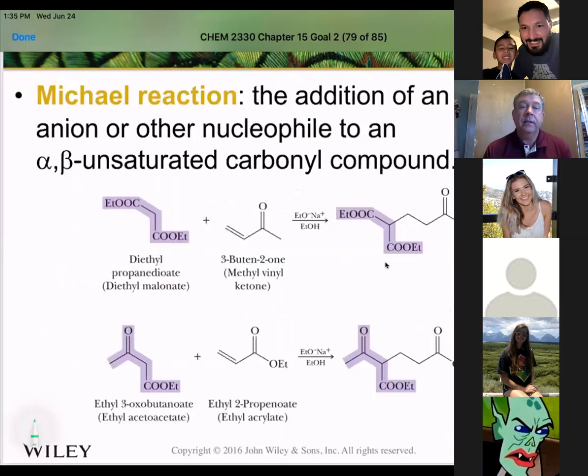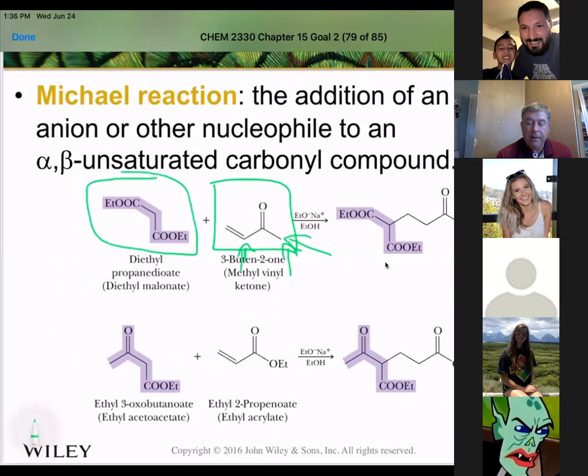All right, now let's look at the Michael addition in detail here. So in the Michael addition, we have something that looks like it has alpha hydrogens, okay? Because it does, it has this alpha hydrogen here and these alpha hydrogens here. These are more acidic than these. However,